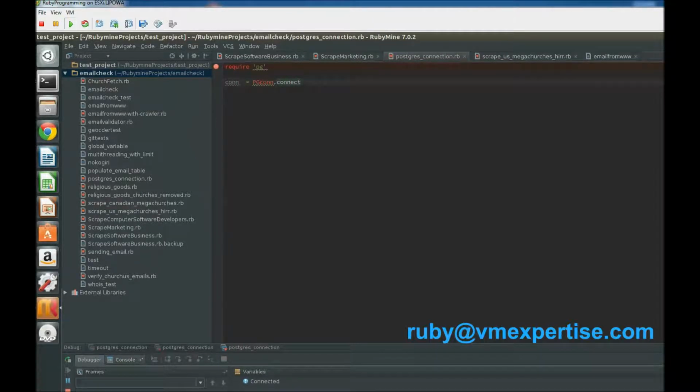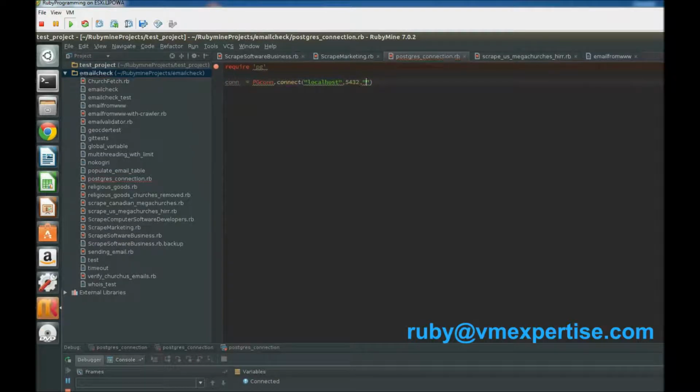Connect, obviously, and there will be several parameters needed. First is the host, in this case localhost. I hope it's not misspelled. You can use localhost or you can use 127.0.0.1, and then you need your